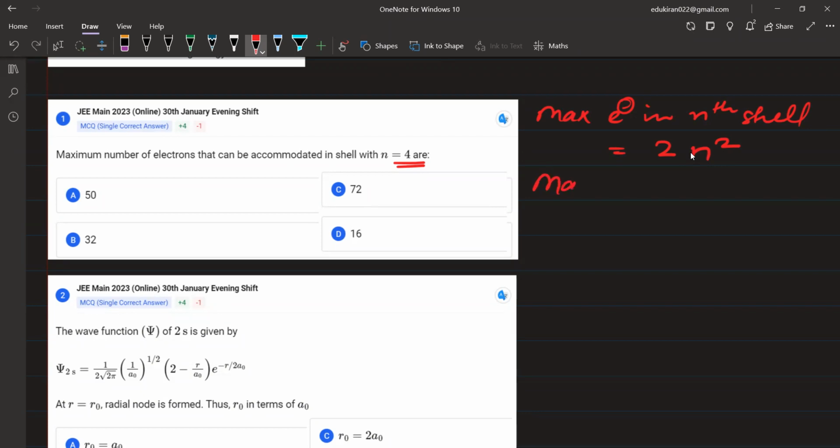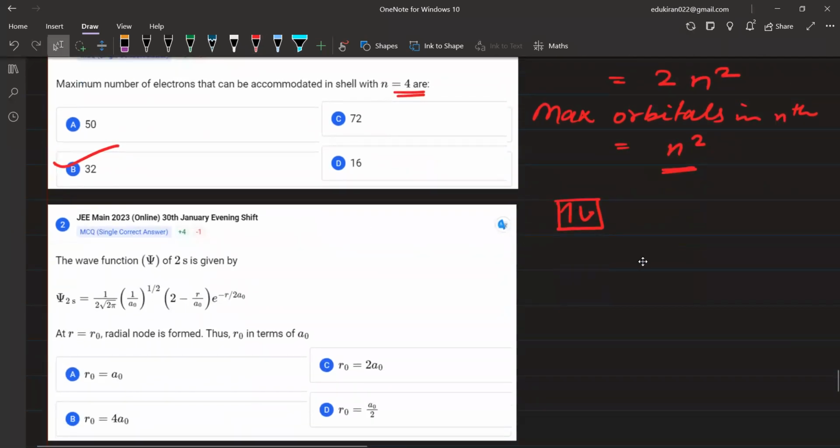2n²। मैक्सिमम नंबर ऑफ ऑर्बिटल्स इन nth शेल विल बी इक्वल टू n²। ठीक है, यहाँ ध्यान रखिएगा। नंबर ऑफ ऑर्बिटल्स इन nth शेल में कितने होंगे, n शेल तक में कितने हो जाएंगे, अगर 4 है आपके पास तो it will be n² and each orbital has 2 electrons, so 2 into n² will give you the number of electrons। दोनों को याद कर लीजिएगा। So for this the correct option will be 32।